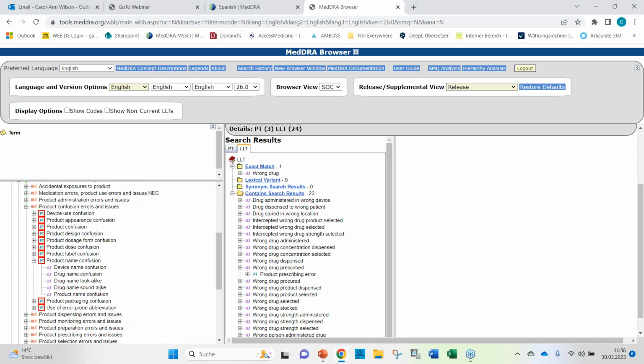In this instance, we know that it looked alike, so this would be the most specific term to capture the root cause. And you see that there are also PTs for product packaging confusion, use of error-prone abbreviation, product label confusion, product dose confusion, etc.